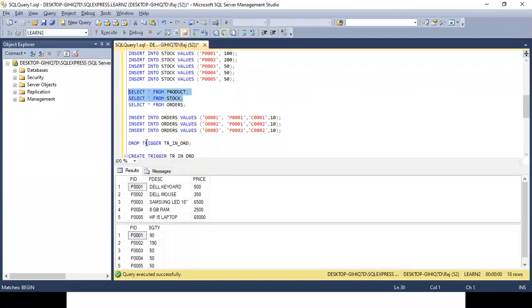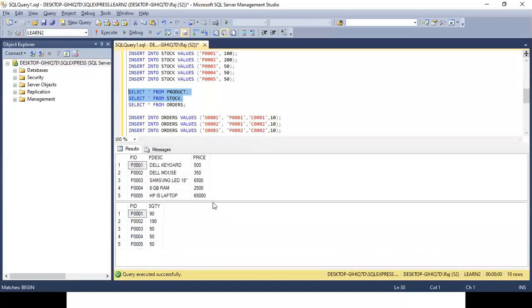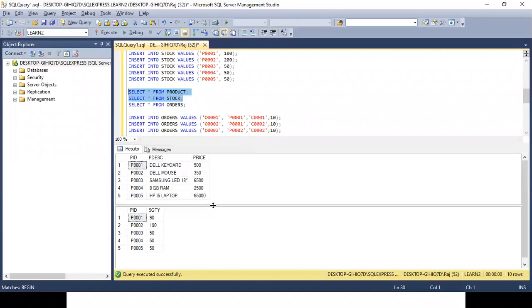Now see, I have P0005 laptop. Suppose I don't want to continue dealing in the laptops. I am discontinuing this particular product from my product range, and whatever the stock is there, I have 50 stock in my hand, so that will be returned to the supplier.